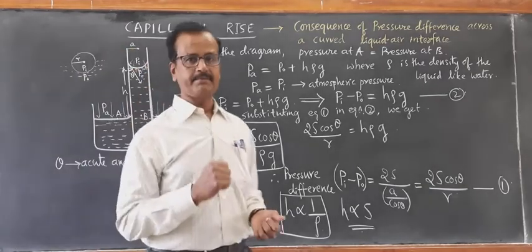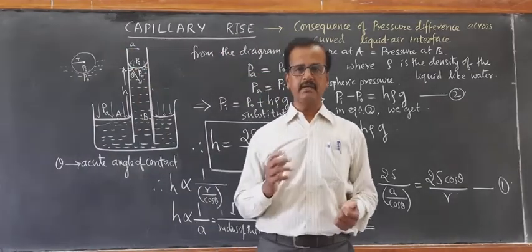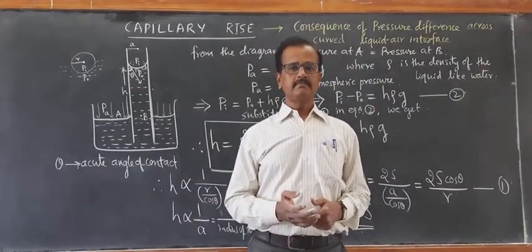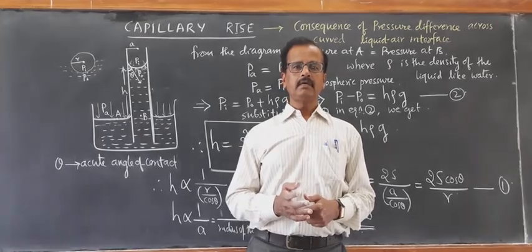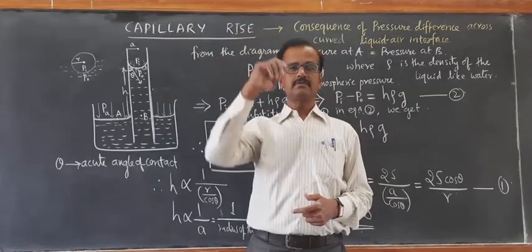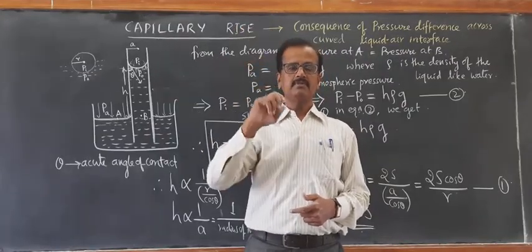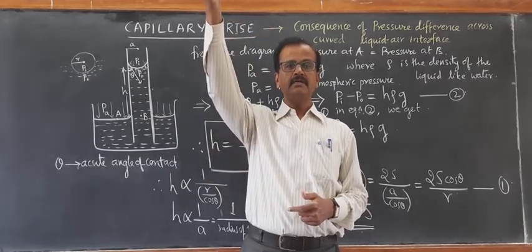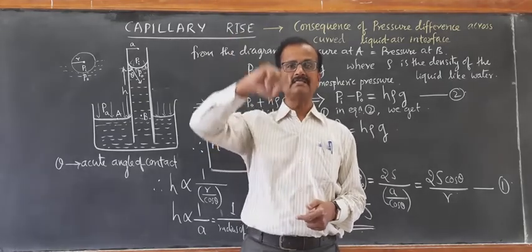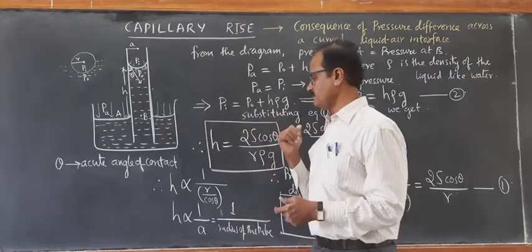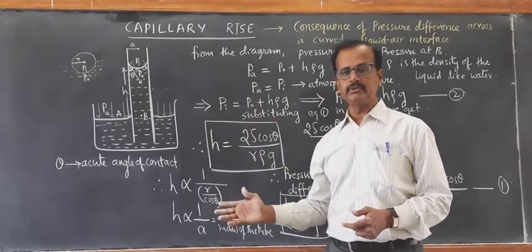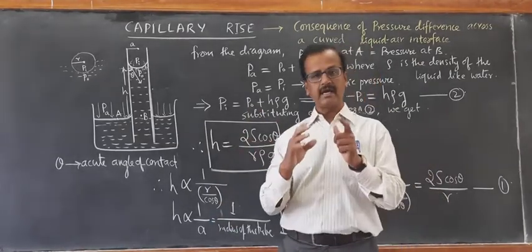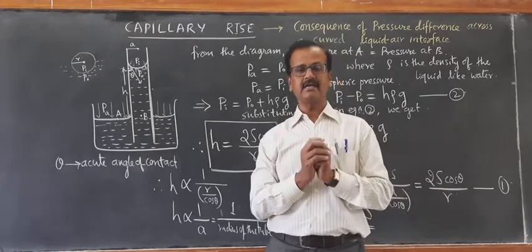The ascent of sap that you might have studied in botany, in biology. The water rises through the roots and reaches the leaves through the xylem and phloem, I think. Through the xylem, and it reaches the leaf surface. This is called ascent of sap. The ascent of sap is mainly due to the surface tension, and it is studied as capillary rise.